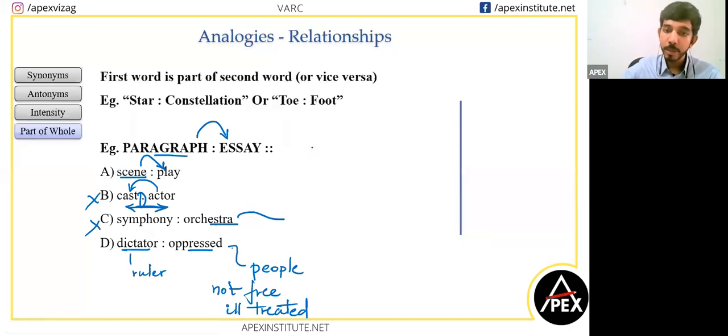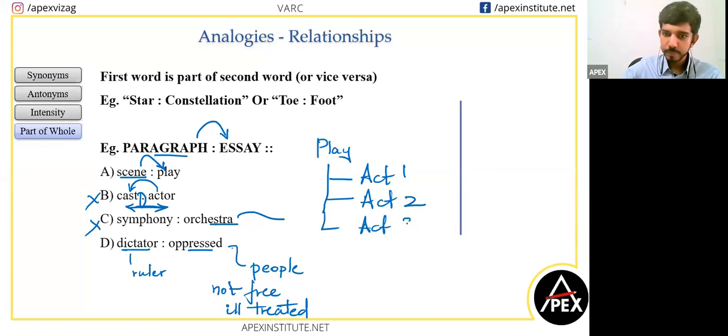what all is a play made up of? One play is made up of several acts. Anyone here from maybe ICSE? Those who've had Shakespeare in 10th or 12th, Act 1, Act 2, Act 3, right? So a play has several acts. This can go up to Act 5 as well. Okay? And act is where the background changes.